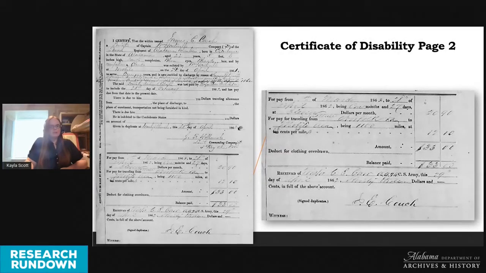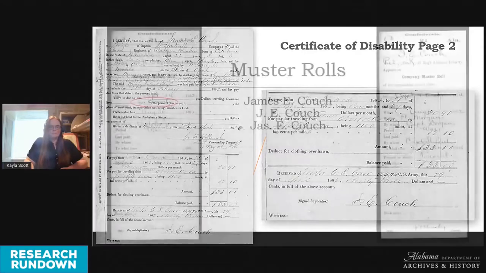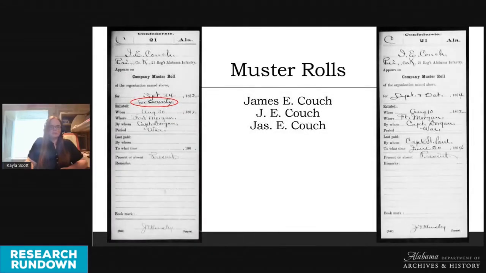Page 2 of this disability certificate restates the reasons for his discharge and provides pay information. Not only was Couch provided with his remaining pay for previous service, but he was also given an allotment to help cover travel expenses from Norfolk, Virginia to Mobile, Alabama. Interestingly, it appears that Couch's service with the 3rd Alabama and subsequent medical discharge did not end his Civil War